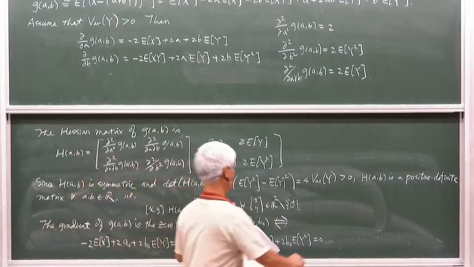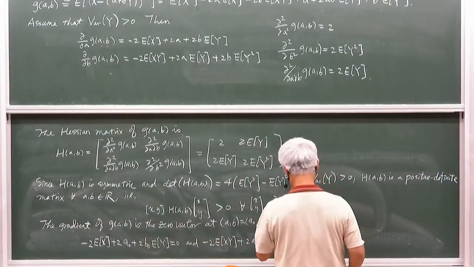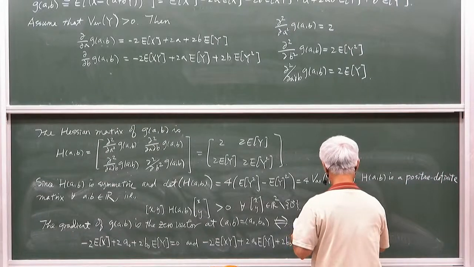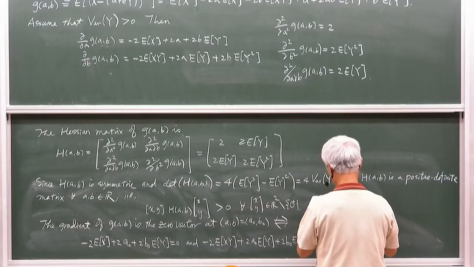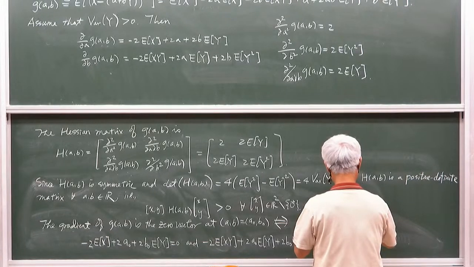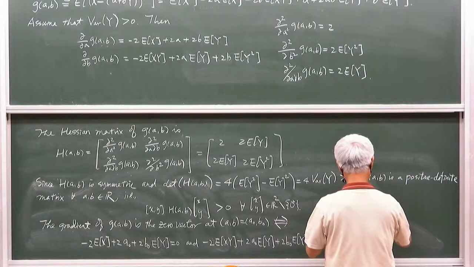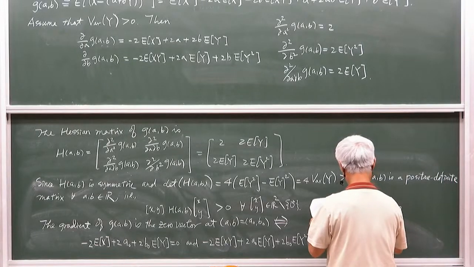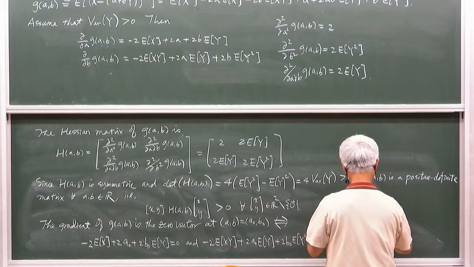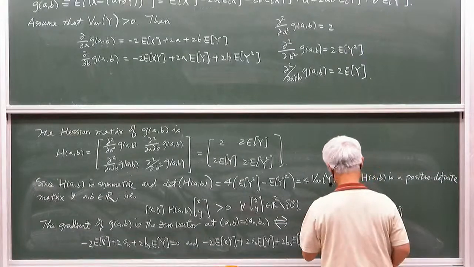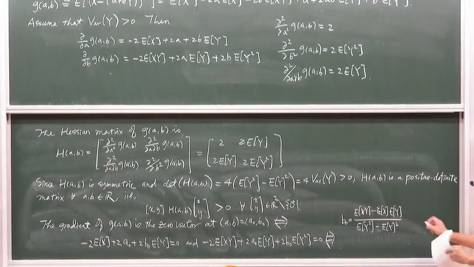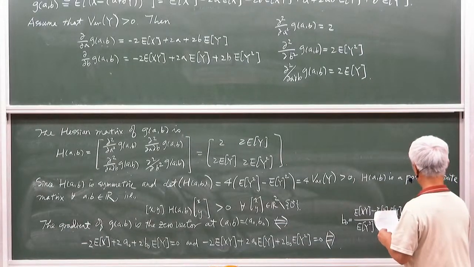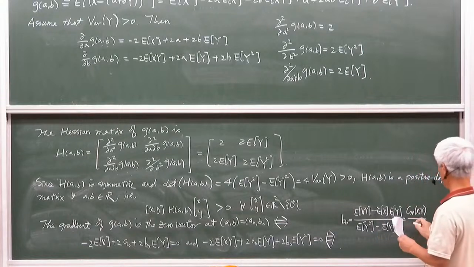Okay, and so we can solve that B0 is equal to, okay, it's easy to solve them. This one, and here, this is the covariance of x and y, and the denominator is the variance